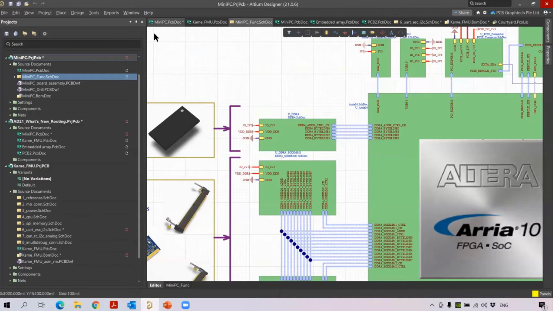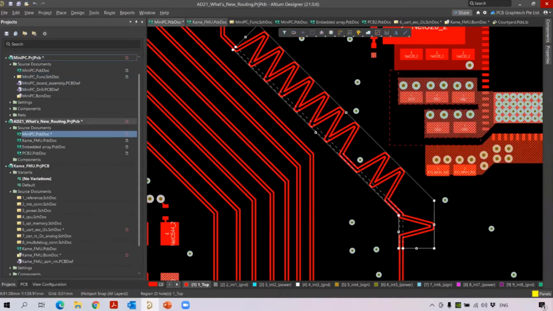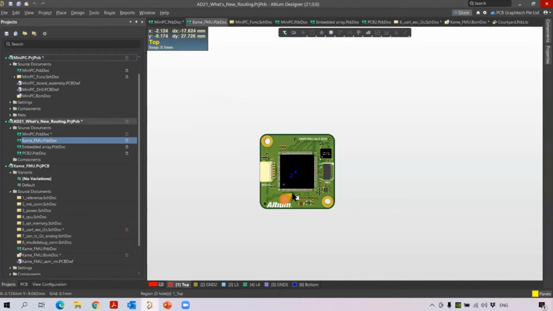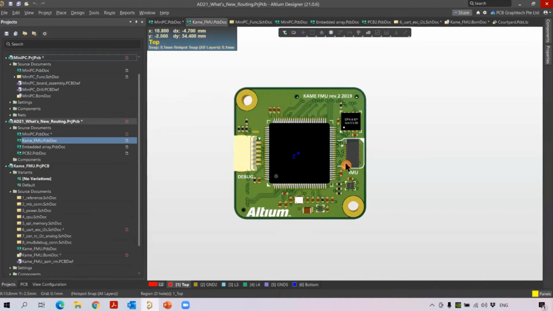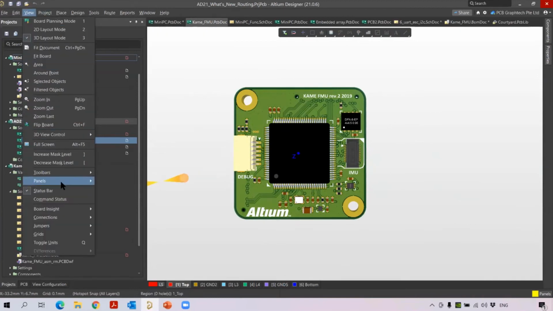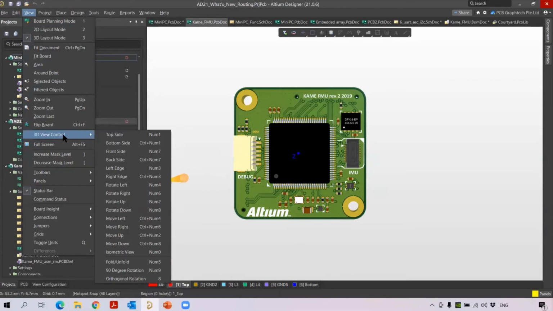Now, let me go to the software, and then we are going to see about the 3D control. Okay, 3D view control about your board. Here under the View, you can see there is a 3D view control. This is what I was talking about as a new feature which makes you work faster using shortcut keys, using the number keys on the keyboard.